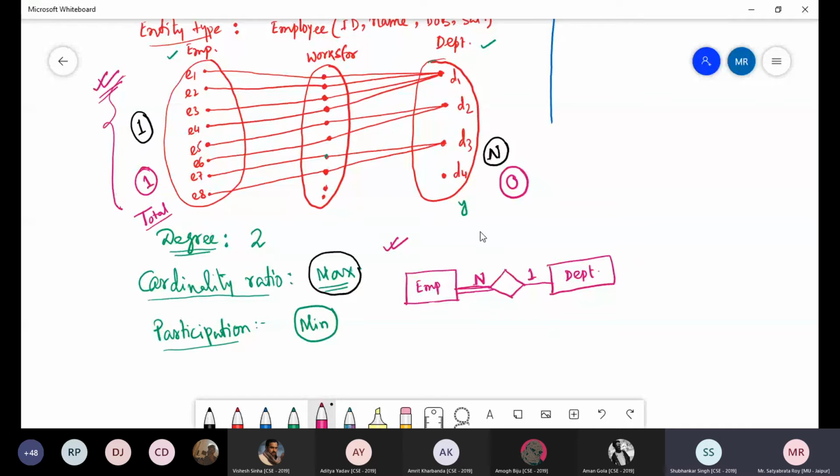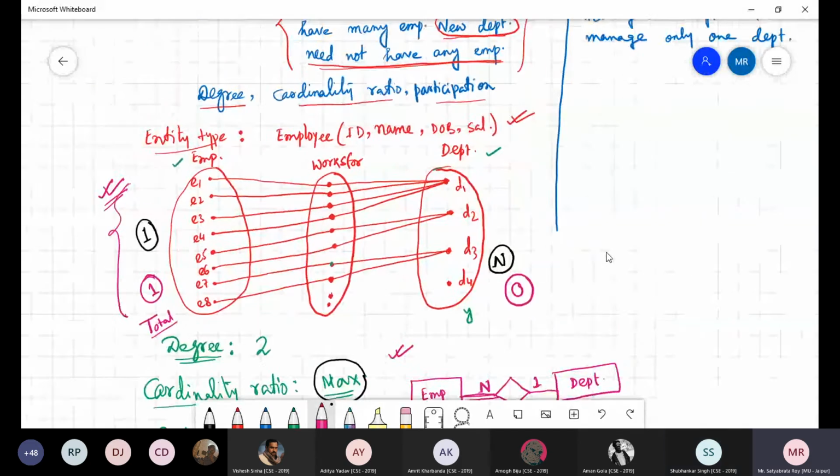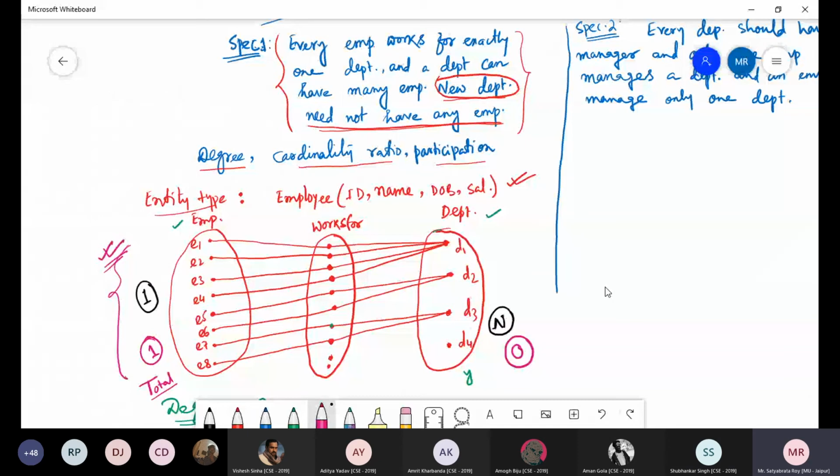0. So 1, 0. What does this mean practically? Zero employees in that department. That means it is not necessary that all the departments will have employees. एक ना एक डिपार्टमेंट को तो चाहिए होंगे ना, मतलब एम्प्लॉइज, ये आप बोल रहे हो, बट स्पेसिफिकेशन में ऐसा नहीं लिखा हुआ है. स्पेसिफिकेशन में ये लिखा हुआ है कि न्यू डिपार्टमेंट नीड नॉट हैव एनी एम्प्लॉय, एंड दिस इज द स्पेसिफिकेशन ऑन विच द क्लाइंट पार्टी and the database designer puts signature.